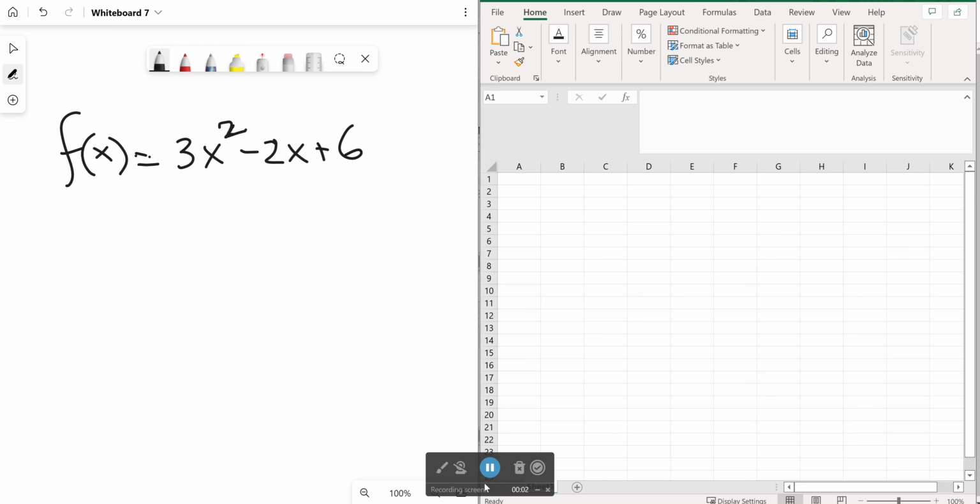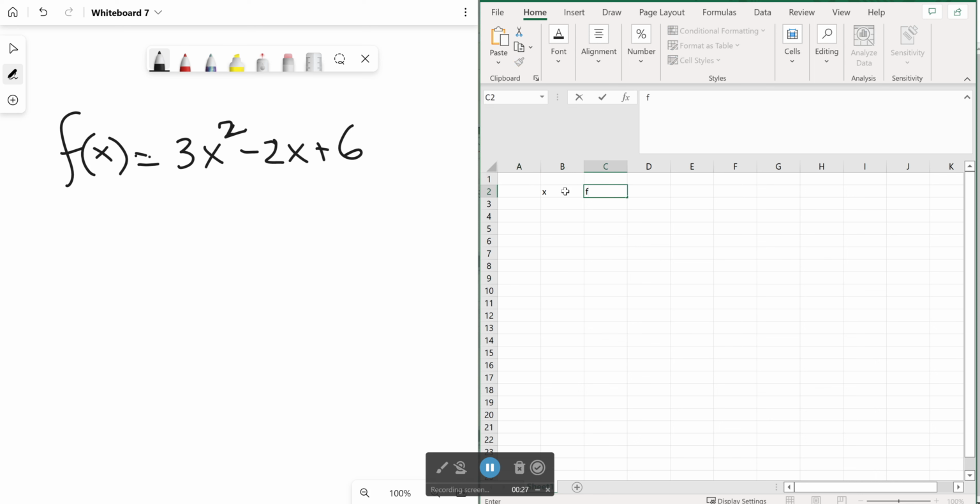Hello everyone. In this video, I'll go over an example of how to graph functions in Excel. So here on the left hand side, I have a quadratic function f of x equals 3x squared minus 2x plus 6. So in order to graph it, I need to provide Excel with